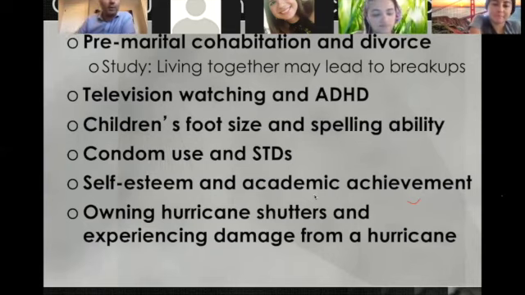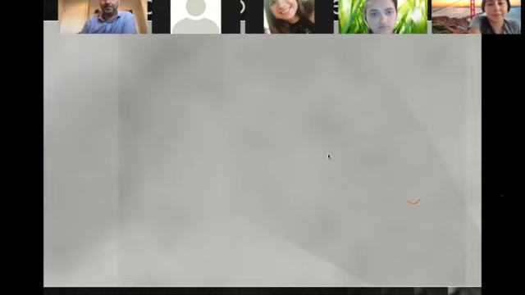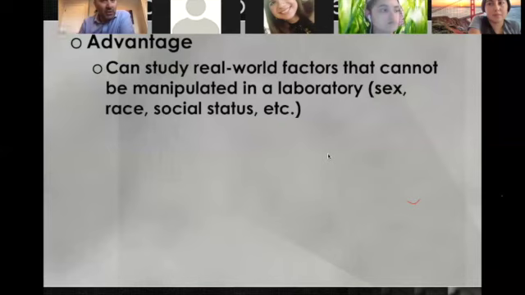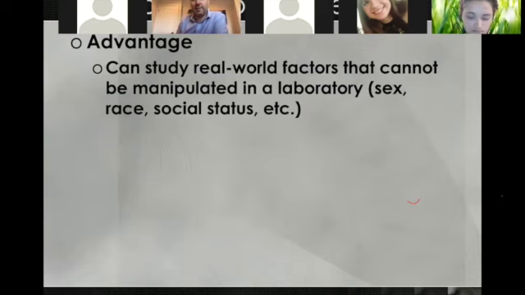Okay, I went over a lot of different examples of this because it is extremely easy to mistakenly fall for this idea that just because there's a correlation between the two things, there's a specific causal direction between the two. And you cannot establish that with correlational research. Now, the advantage of correlational research, as we'll see when we talk about experimental research, is that it's only with experimental research that we can study real-world factors that cannot be manipulated in a lab. And I'll be with you in just a second, Daniel. So for instance, we're going to see that when we look at experiments,